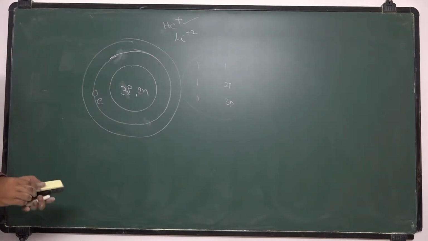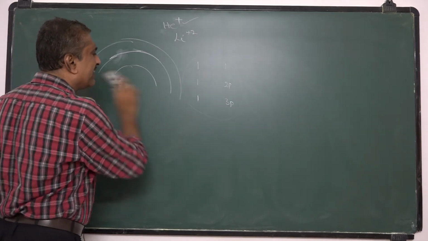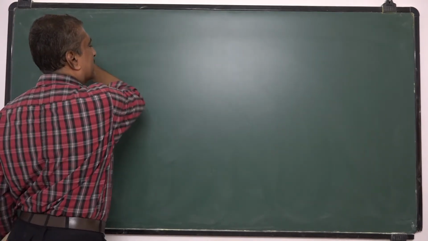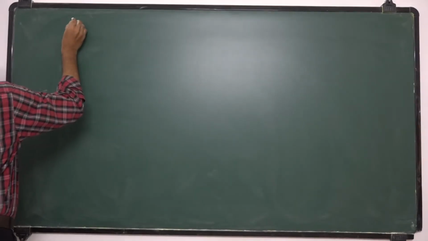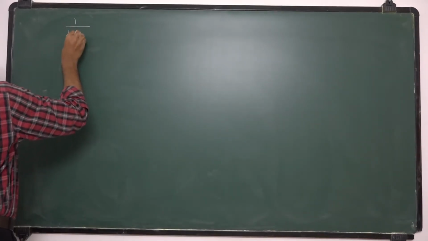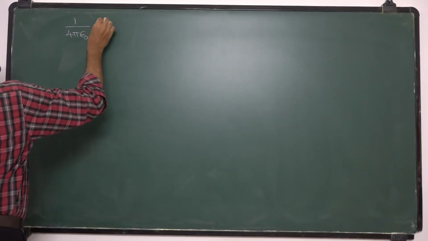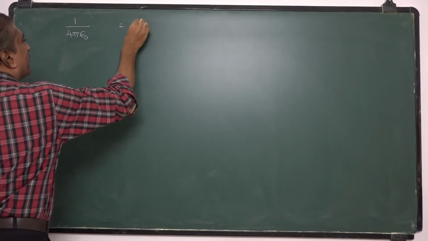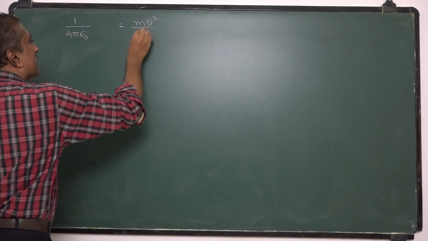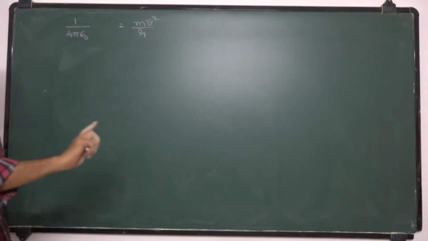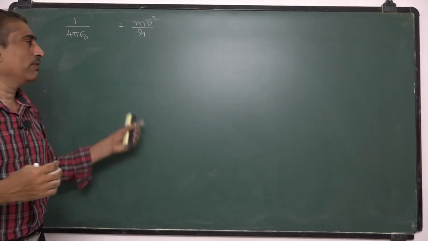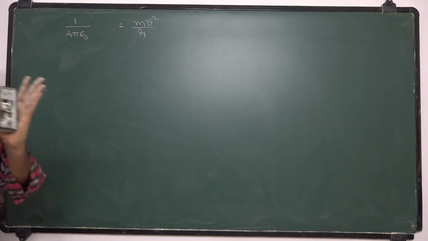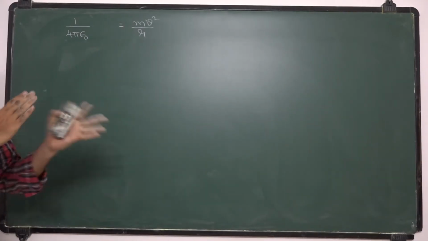For this case we have to derive the radius, velocity and all these things. So as we know, according to Bohr theory, the electrical force of attraction between two particles is equal to the necessary centripetal force. As the electron is revolving around the nucleus, the necessary centripetal force required is provided by this Coulomb force of attraction between the nucleus or the protons and the electrons.